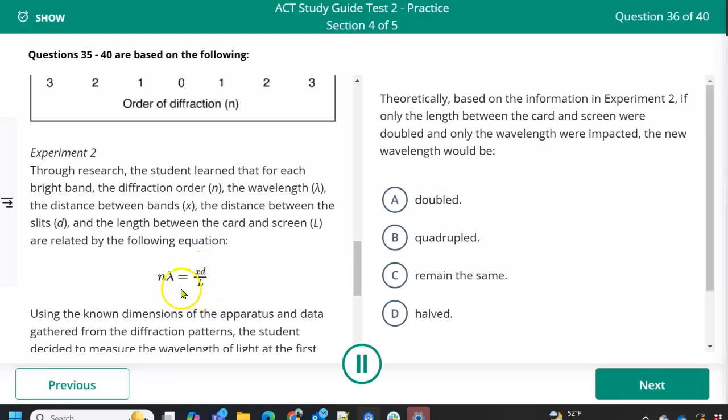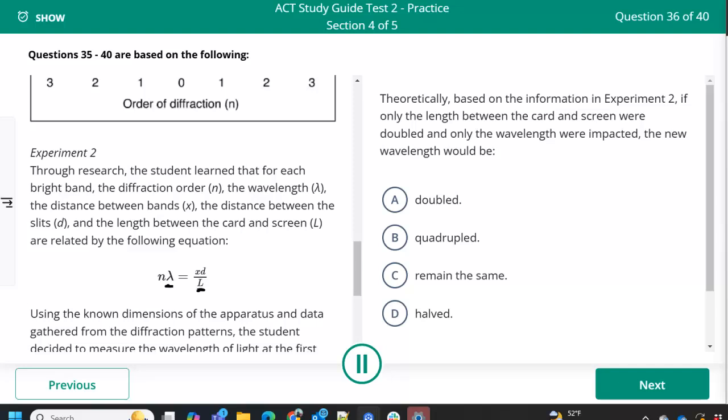Distance between the slits. So the only thing we're interested in is, let me get a pen here. Okay, the only thing we're interested in is this, which is the wavelength, and this, which is the length between